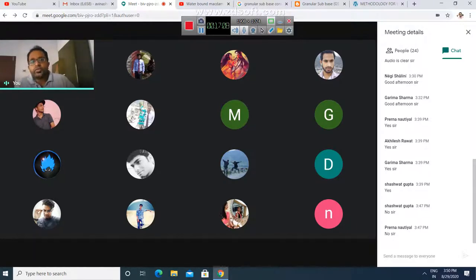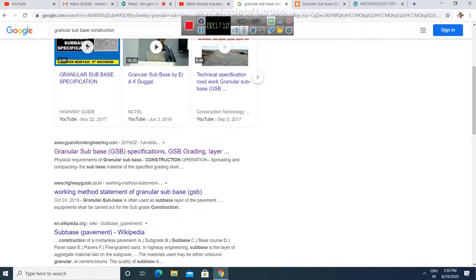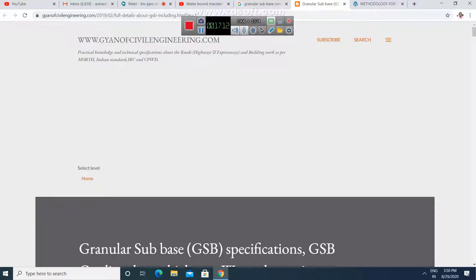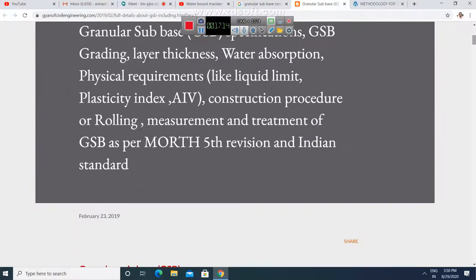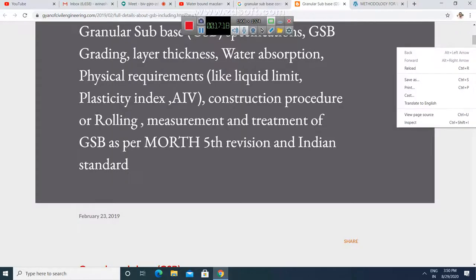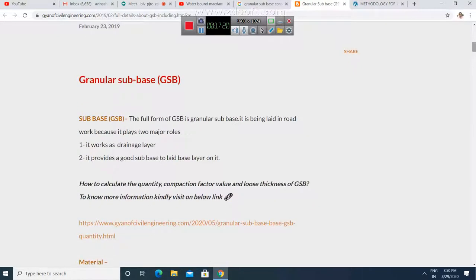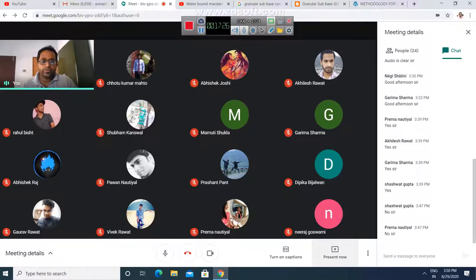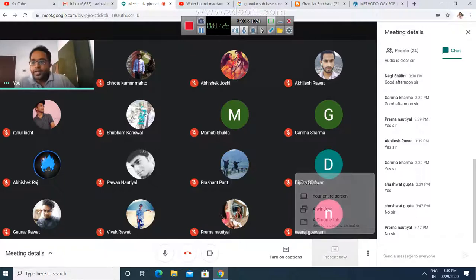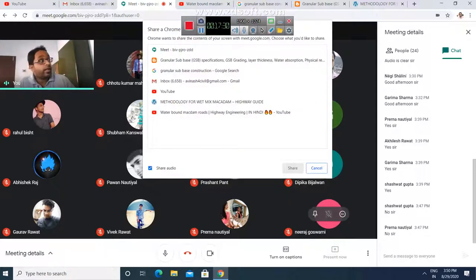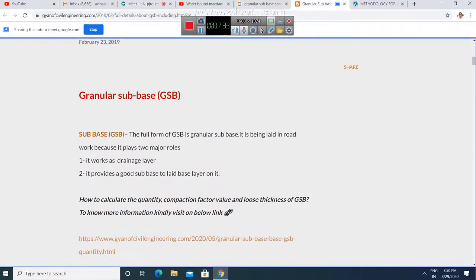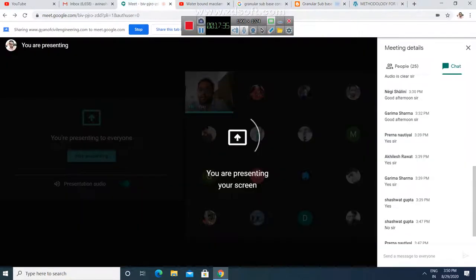So now we are going to see what is meant by a granular sub base. Granular sub base is a layer laid in the road work.